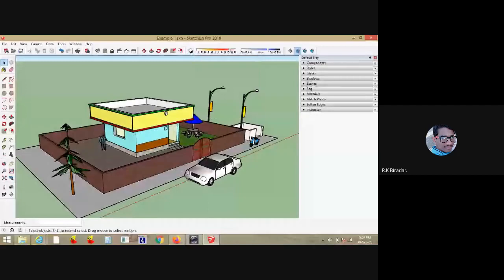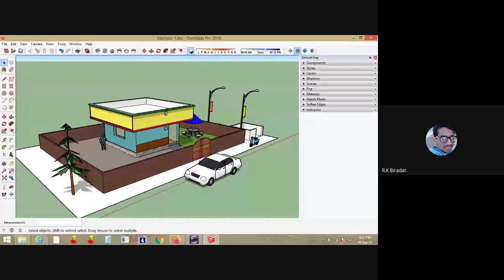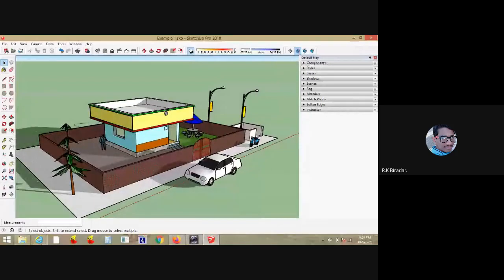If you click this particular icon, the shadow of the building will appear according to the month and the time of the day that you choose on this particular bar. See here, there is a 12 months scale. You can just drag this particular point from January to December, and also the particular time in the day, to see how the shadow falls.